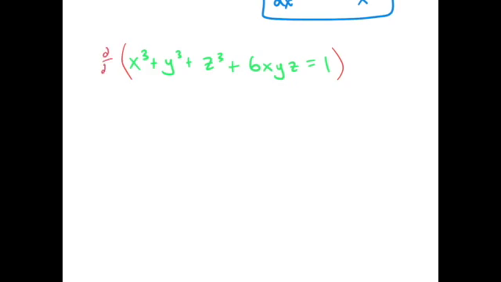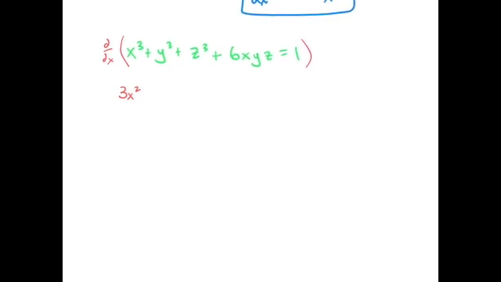So we're going to try the partial derivative with respect to x first. So keep in mind that y is a constant and z is implicit and x is just the variable of differentiation. So we have the derivative of x cubed, which is of course 3x squared, the derivative of y cubed, which is 0, plus the derivative of z to the third, which is 3z squared. However, z is implicit, and so we get the implicit derivative operator, plus,